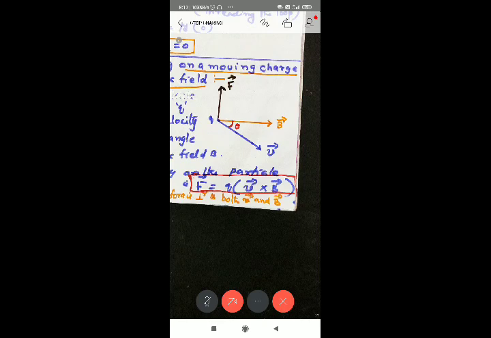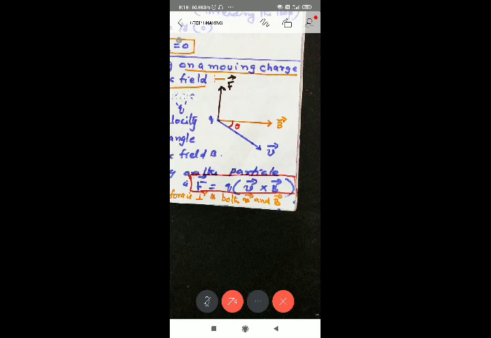So here the force depends upon the magnitude of the charge, whether it is 1 coulomb, 2 coulomb. As that magnitude increases, the force experienced on it also increases. And it depends upon the velocity of the particle; the force is directly proportional to velocity also. If the velocity of the particle is more, it experiences more force. Then one more factor, that is magnetic field.